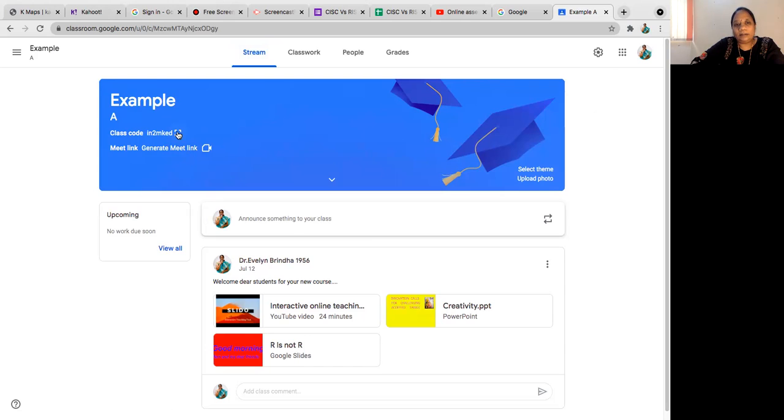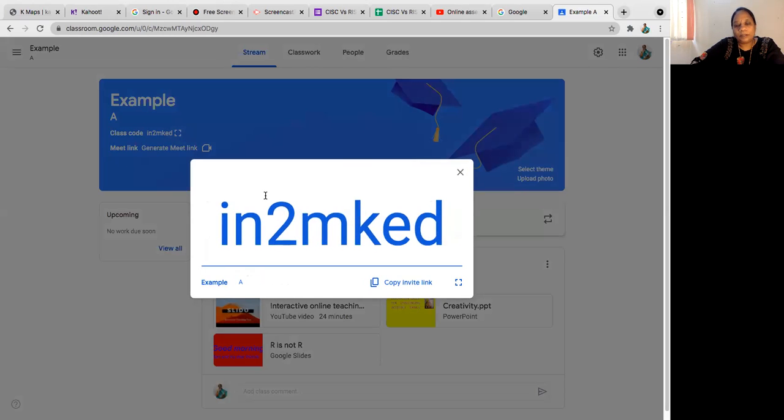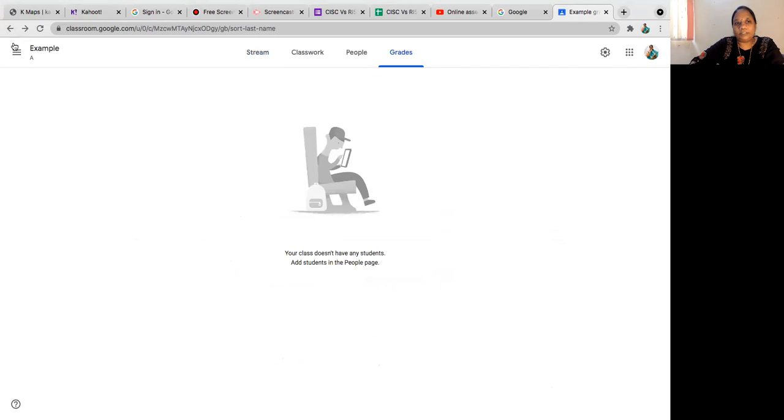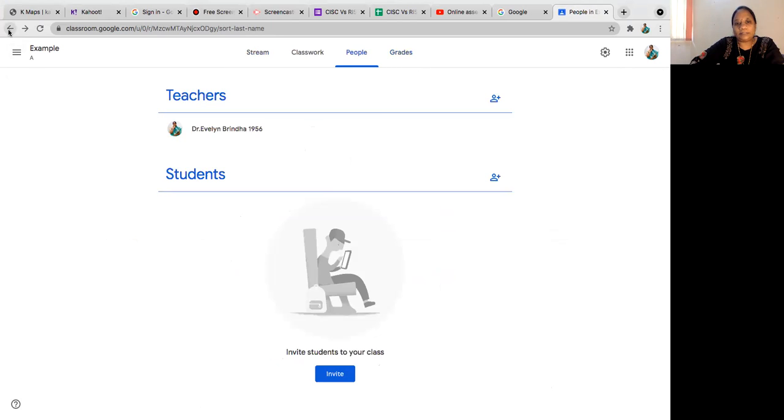So similarly here, you have something called the class code. Okay, so it is a 7-digit code. All you have to do is either copy this code and give it to them in WhatsApp, or you can even copy a link and share it with your students through WhatsApp or mail or whatever. So students, when they have to join your class, instead of create class, what I showed you in the previous slide, right? They have to go to join class. So when you go to join class here, it will ask you for the code. Okay, so all you have to do is type in the 7-digit code, and then the students can join into your class.